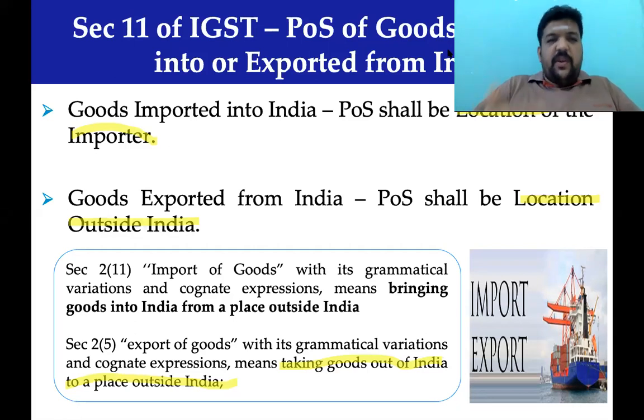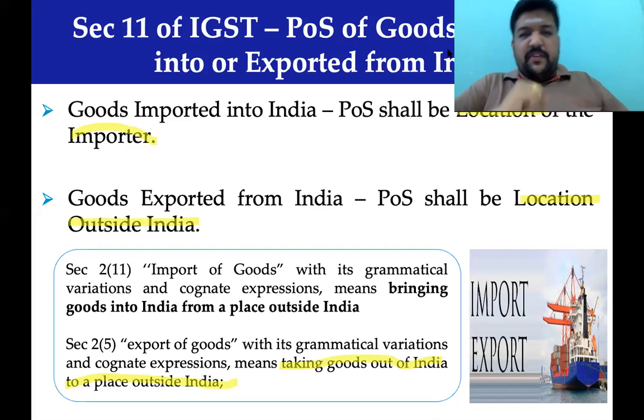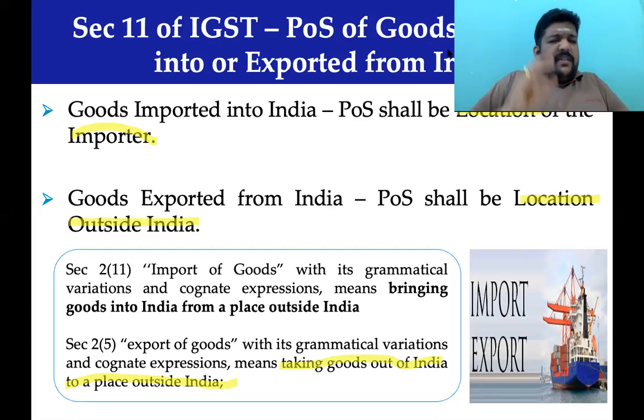Now, in an import of goods, in an export of goods, it is always going to be interstate supply. Then why is place of supply important? Can you appreciate this discussion? We are getting into a very big question. Why is place of supply important? It requires a little detailed deliberation, for which you have to put a step forward. If you are not putting a step forward, it will not be a beneficial discussion at all.